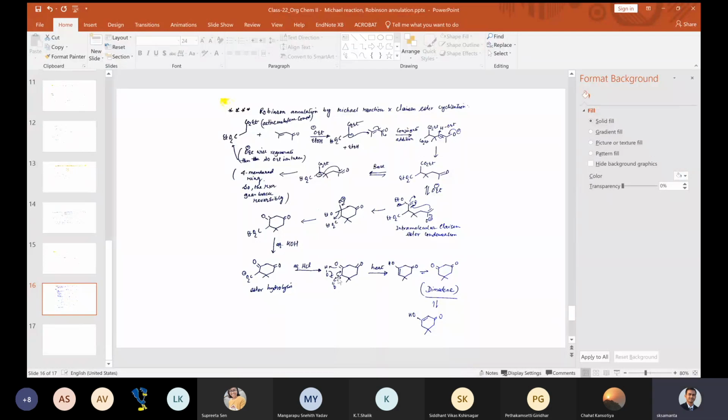Do the heat treatment, then you have decarboxylation because it's a beta keto acid. If you heat it, one of the acids will go, so that you get this compound. After keto-enol tautomerism, you get this compound. This compound is very important. This is called dimedone. Many times in the exam it comes, how do you synthesize dimedone? In the next class we will do the retrosynthesis of dimedone. Then again we will do this pathway.